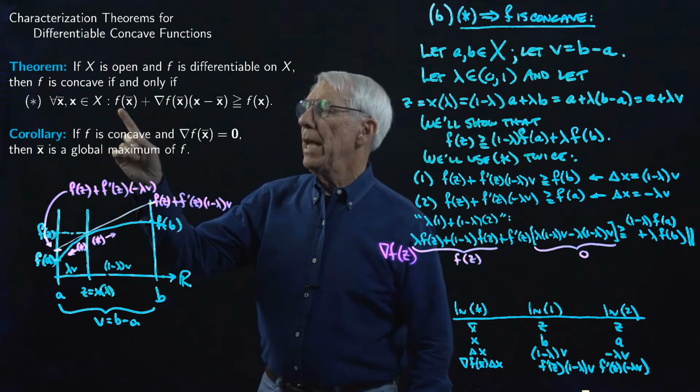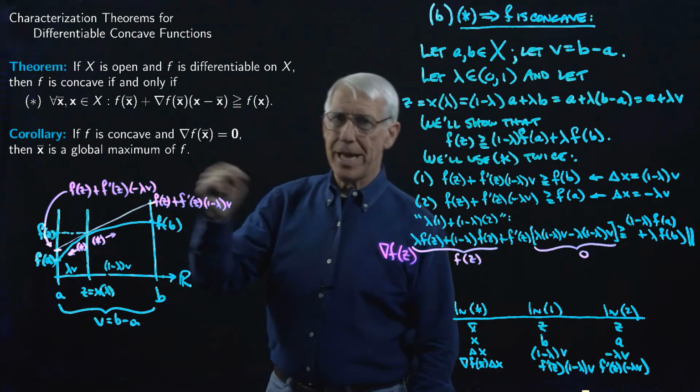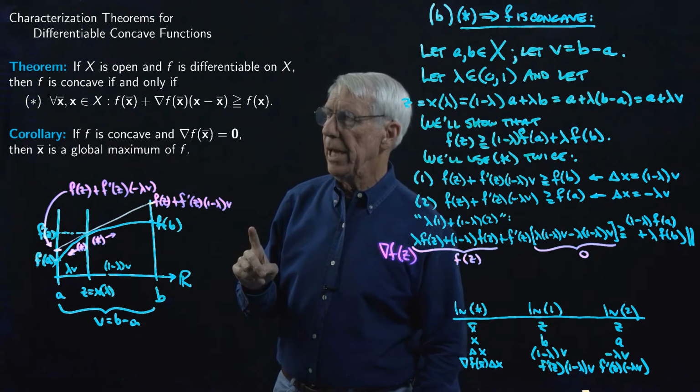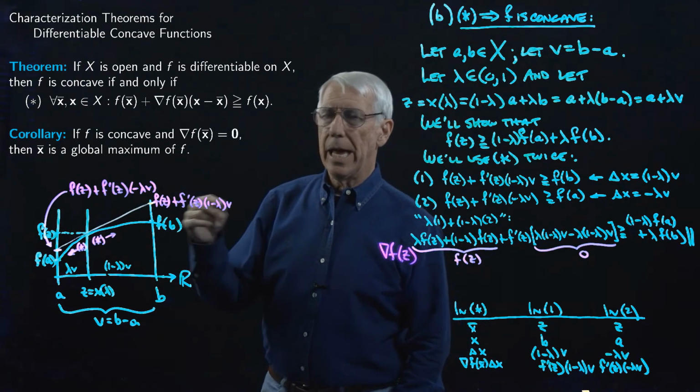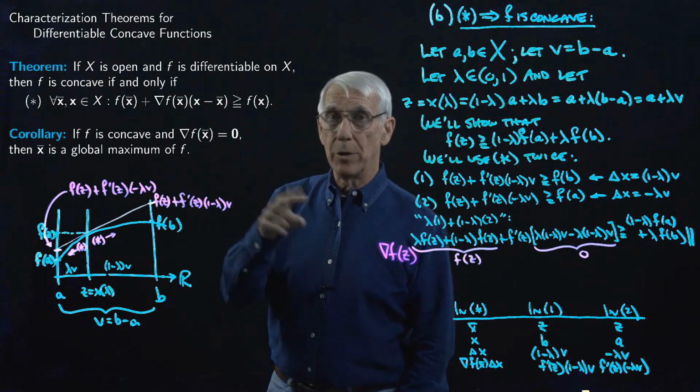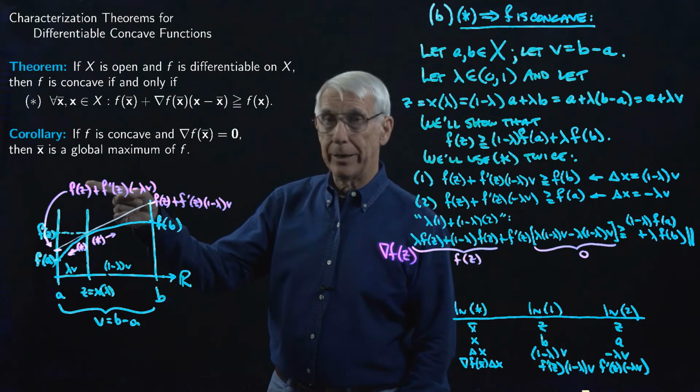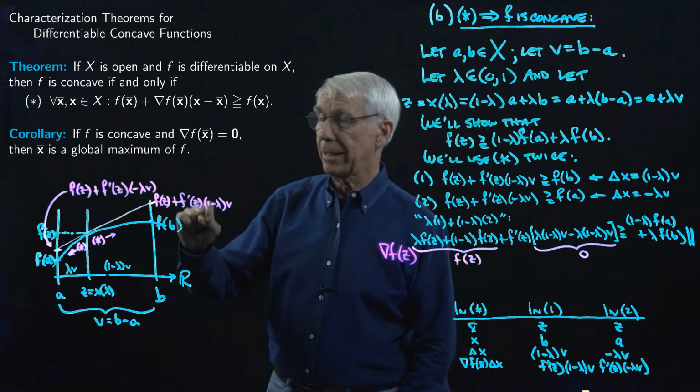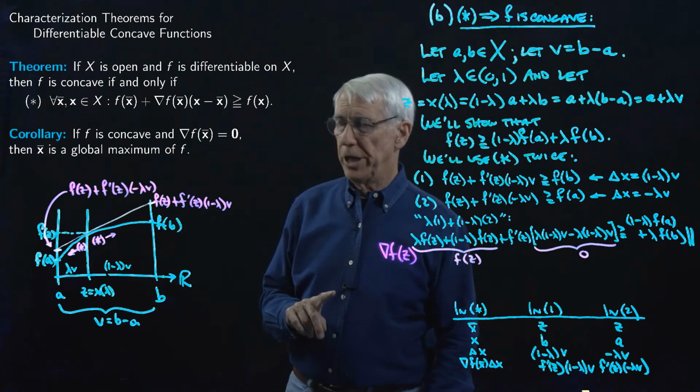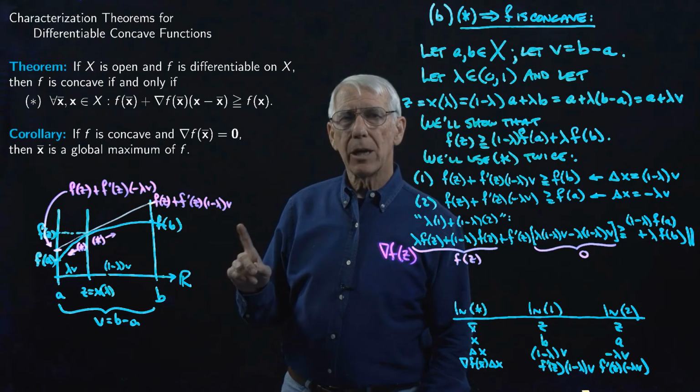If f is concave, then it has to satisfy the star condition for any 2 points. And so we already saw how we can use that in the corollary. The corollary used that exactly. This actually raises the question, how are we going to go about